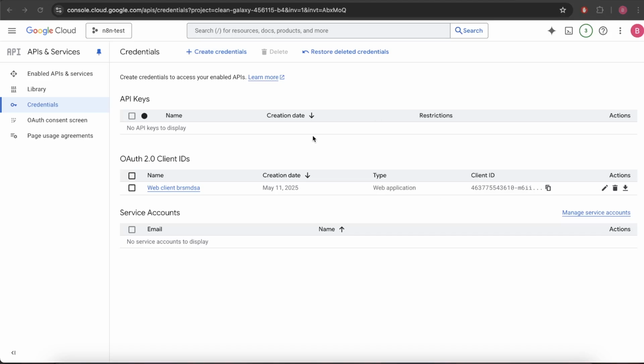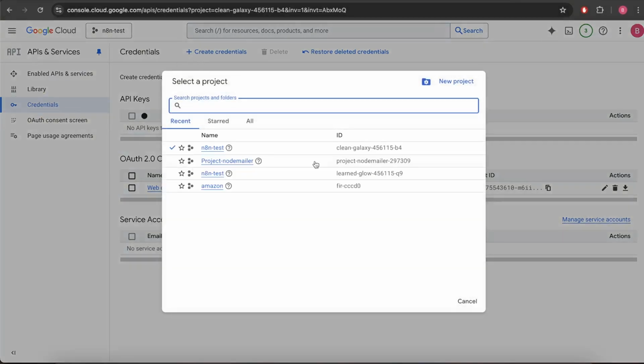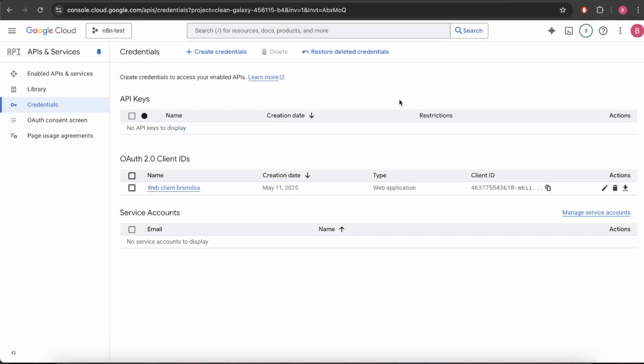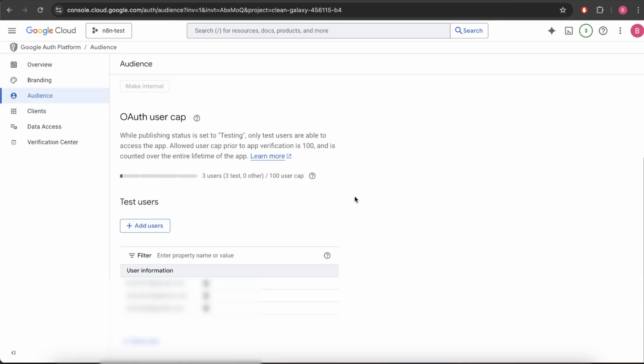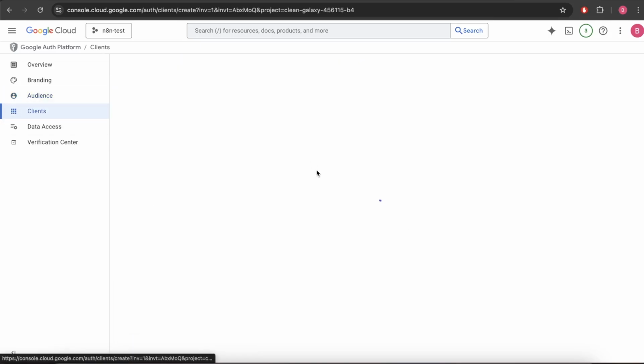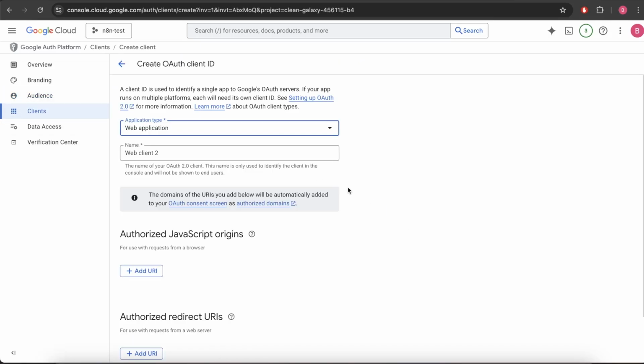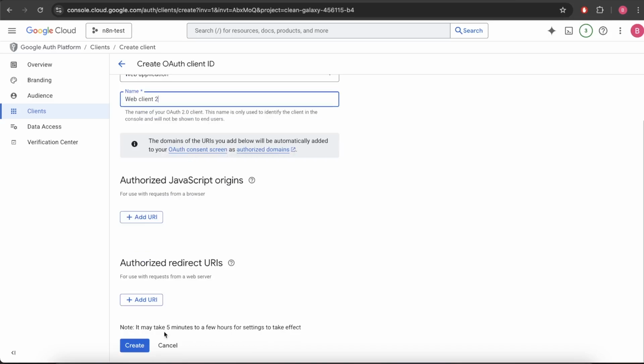So the first step in Google Cloud Console is to create a project. So I have n8n test already set up, so I'm going to use that. Navigate to audience, scroll down, and then just add your email in here that you're going to be using in order to connect to your n8n account. Then we go back into clients. We can create a client here, specify an application type, web application, name it whatever you want, and add the